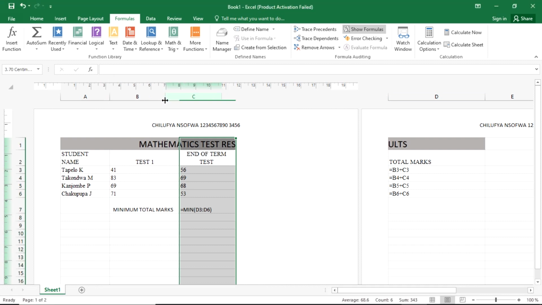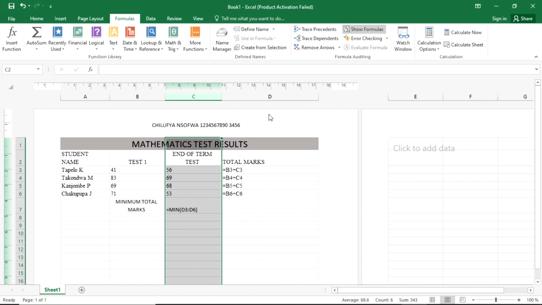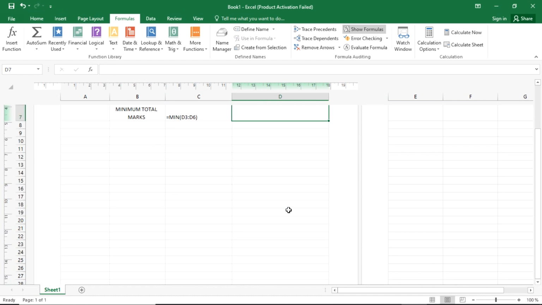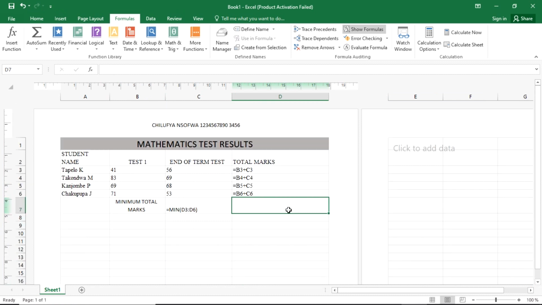We can do it manually. We can just shrink them manually, and we'll see what will happen. I think that's about it. We have managed to clean our worksheet. Let us go back to the normal view,